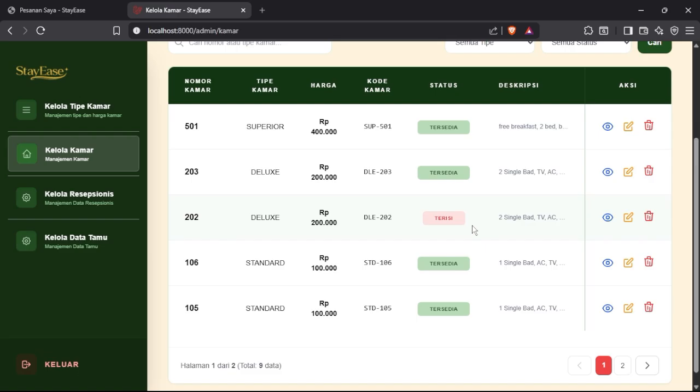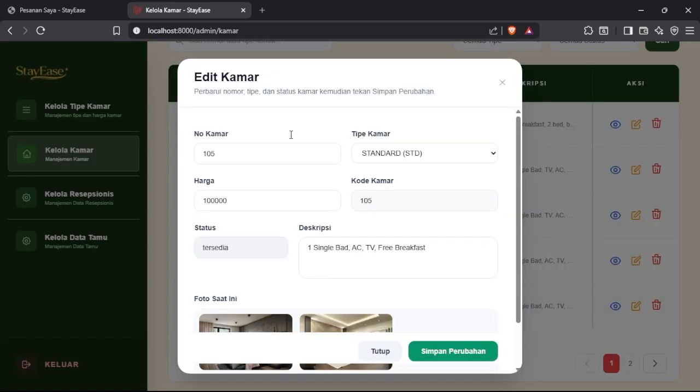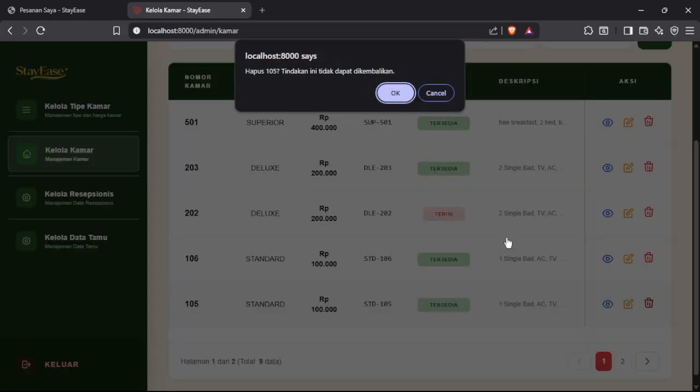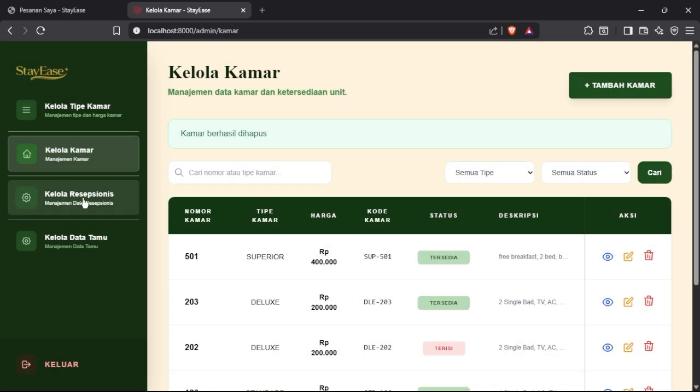Then the admin can also edit or delete the data. The administrator can only edit the room number and the type, and the admin can also delete the room like usual.